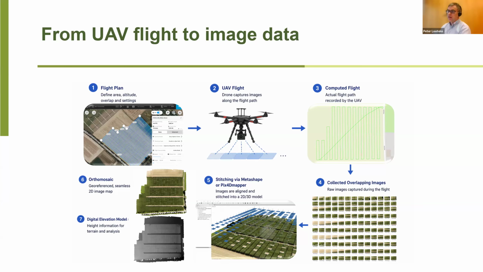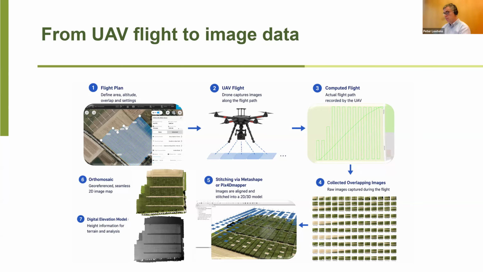So there is software that is able to develop such a flight plan. So based on the amount of overlap, the size of the field, but also the resolution you want of the final products, a flight plan is made. This is loaded up to your drone, up to your UAV, and then the drone will automatically execute the flight plan, and that's what you see in item 3. Here you see the green lines, and those are the flight lines that are being flown by the drone. And during that flight, all or single images will be captured, and that's item 4